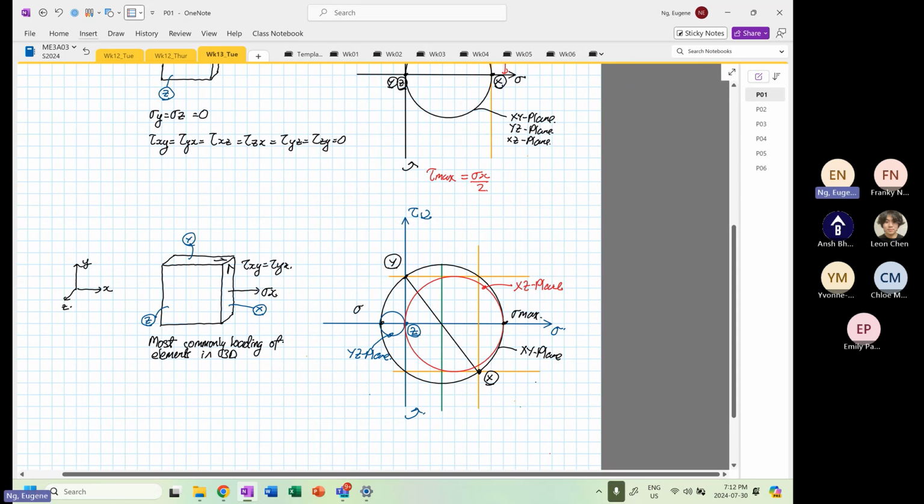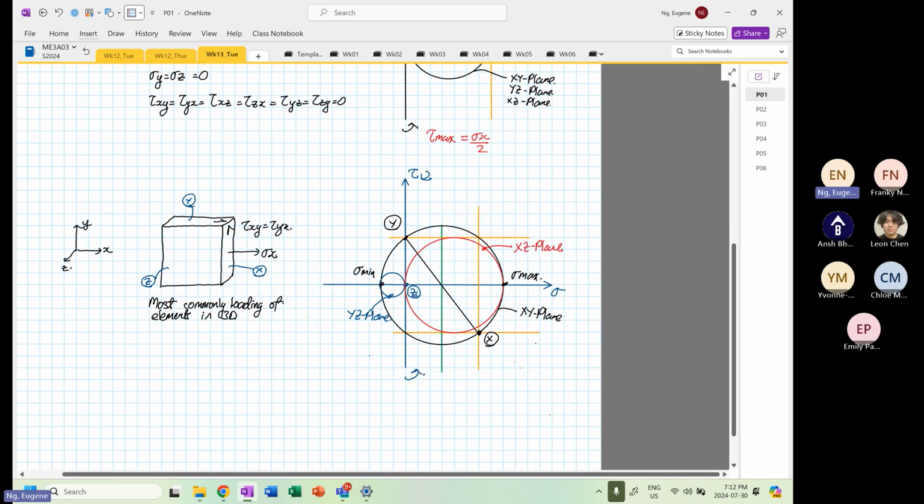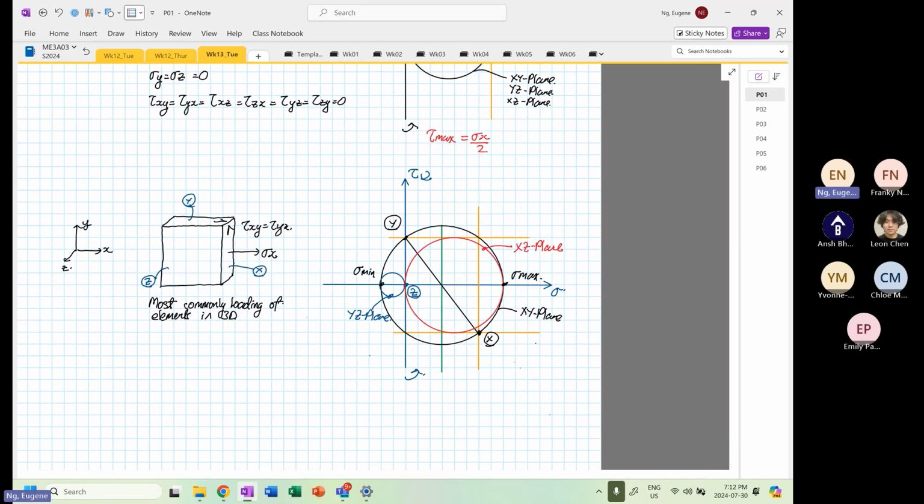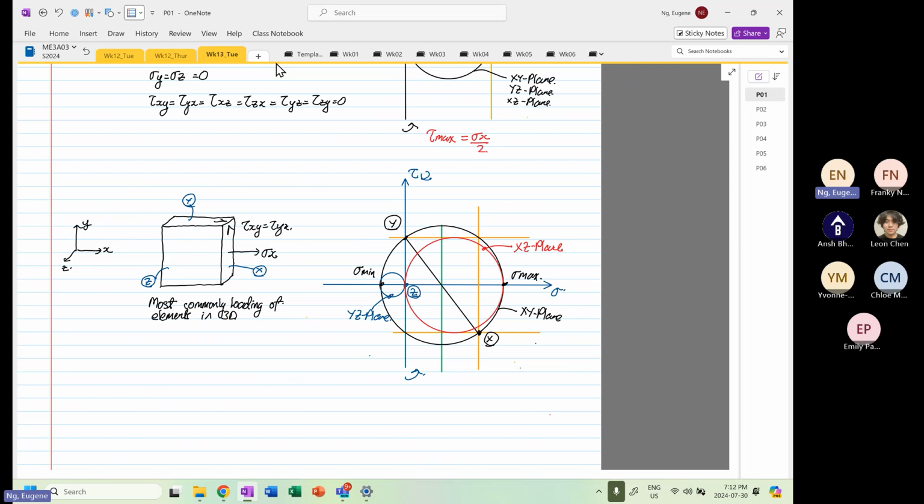Over here, this is our stress mean. So when you have a circle in this situation, after sketching the 3D Mohr circle, then your maximum shear stress criteria